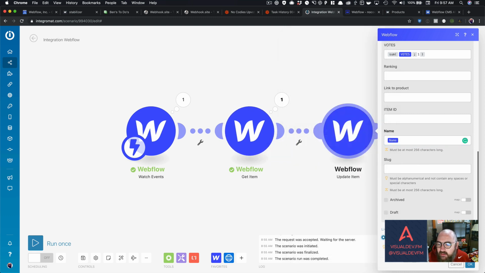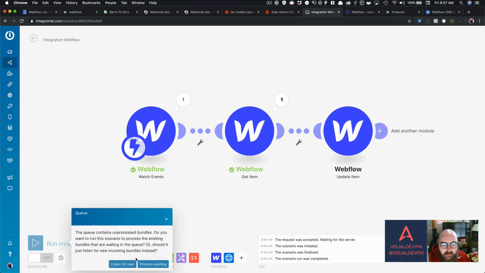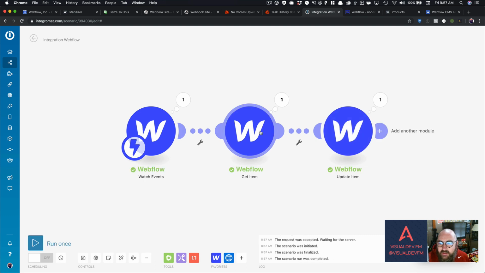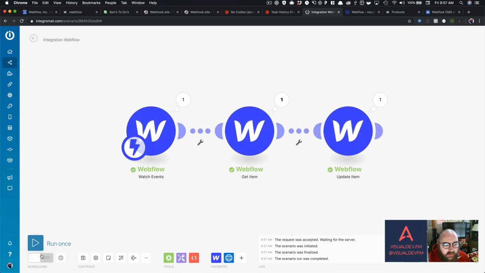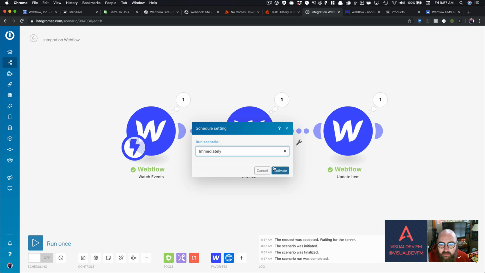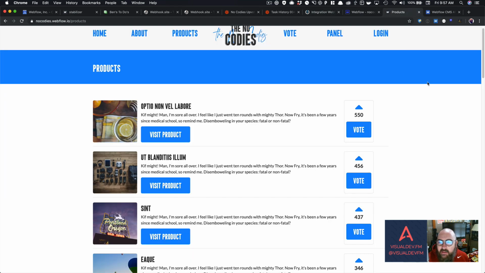I'm sorry. So if I hit OK, so now if I run this once, process existing, it gets the item, it finds the item, it adds that vote together. So we can actually turn this on, so it runs immediately as soon as it rolls. And so now if we go back over here,